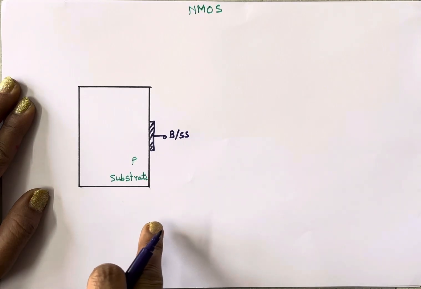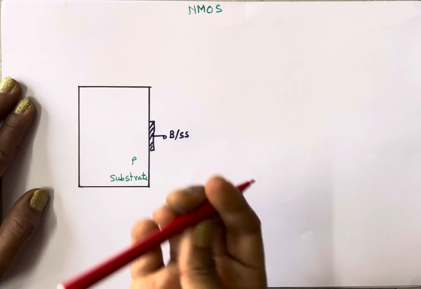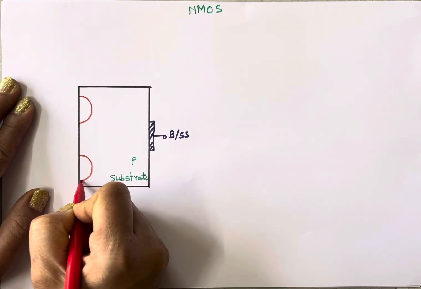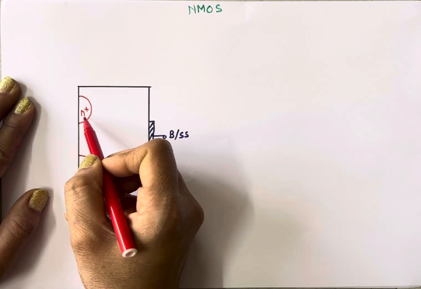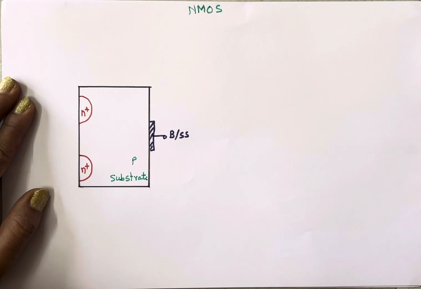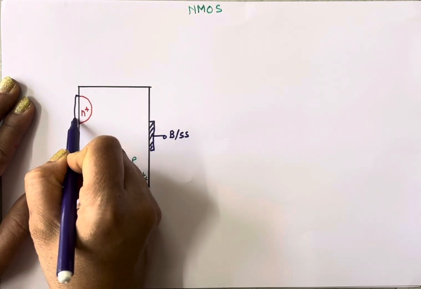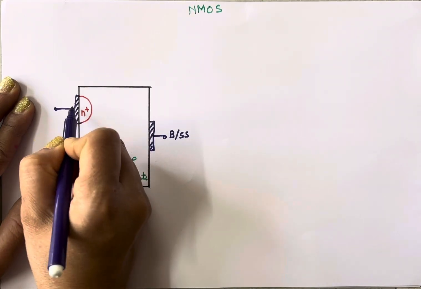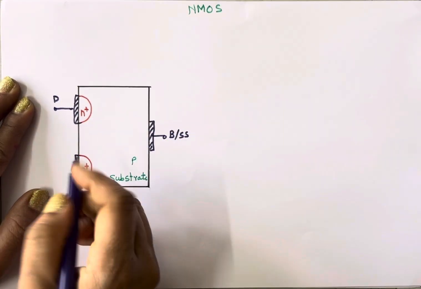Then in case of N channel MOSFET, substrate is positive and we will create two N wells. This is our first N well and this is our second N well, and material is negative. One terminal is called as drain terminal and another terminal is called as source terminal. And again here we will use metal for contacts. So this is our drain terminal and this is our source terminal